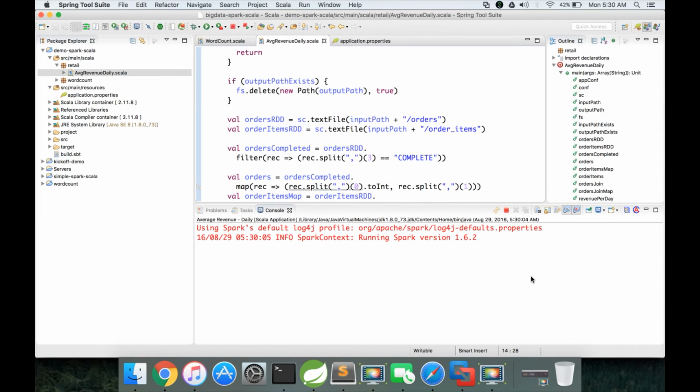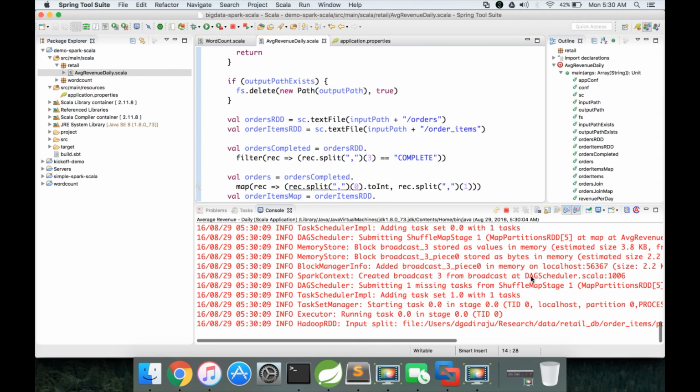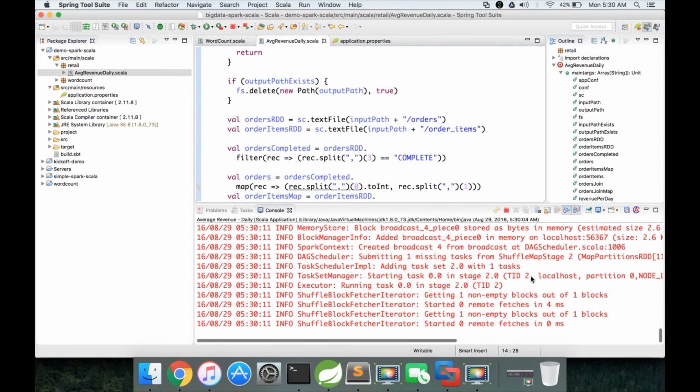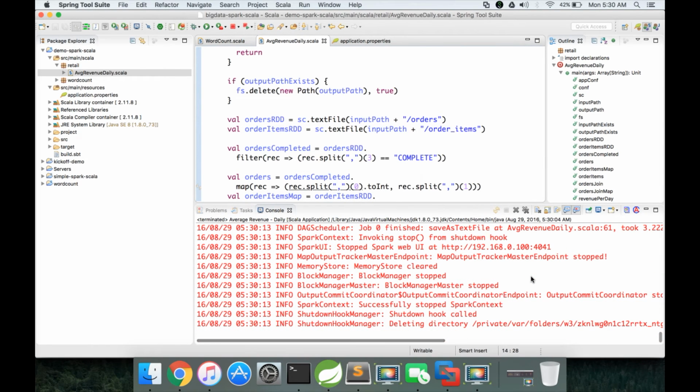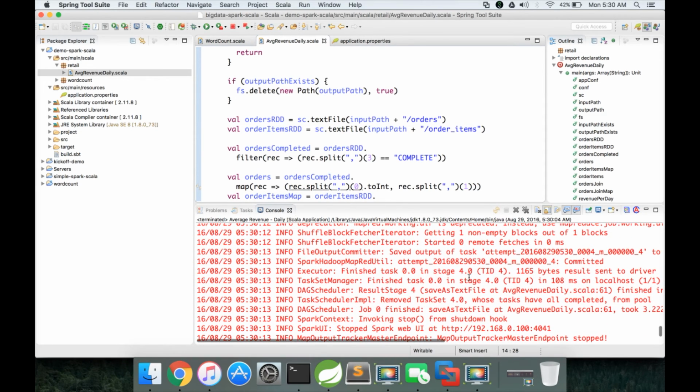It will launch the Spark context, and then it will run the logic. Over time you need to understand all the information it emits when you run the program. That way it will help you in troubleshooting the issues. Here I will not be covering that in detail. It's for advanced developers.